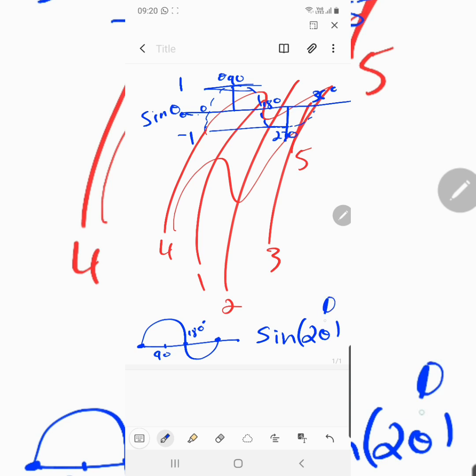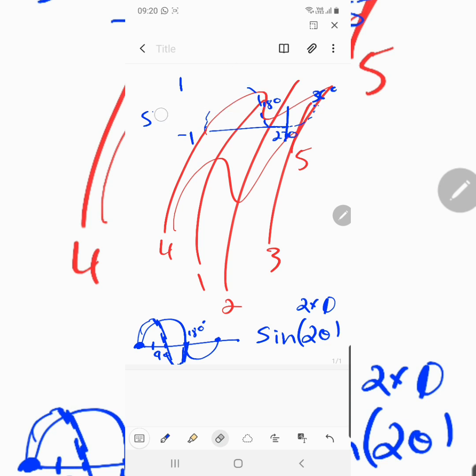So sine 0 is the same as sine 2 times 0. That's here. So sine 45 becomes sine 90. So the curve compresses like this, and sine 90 becomes sine 180. So it comes something like this. The curve actually compresses. It's not exactly what we have in our initial sketch, but